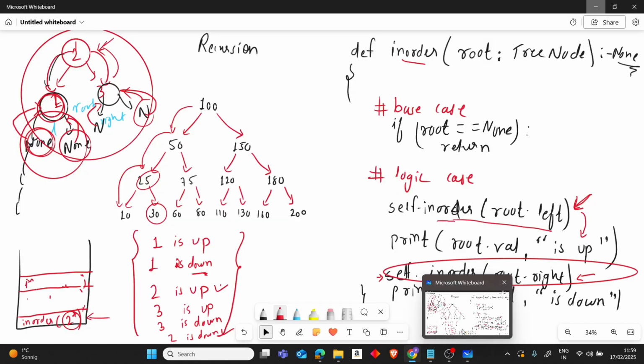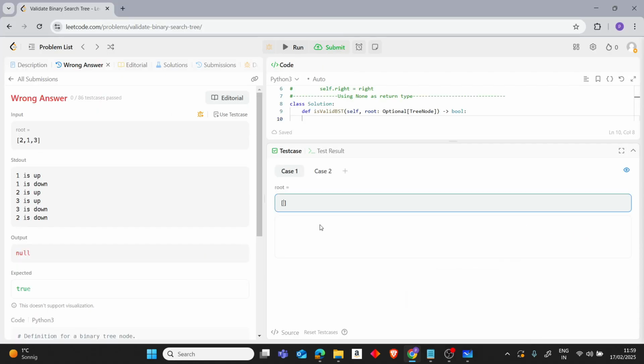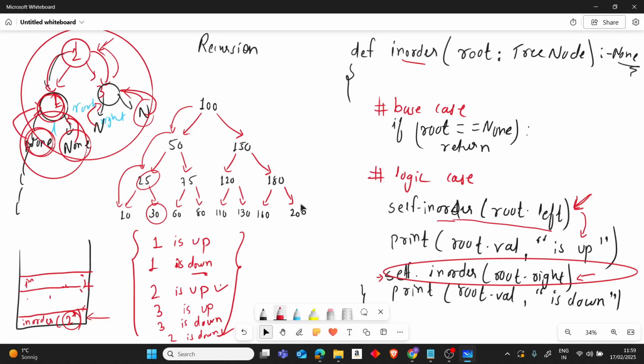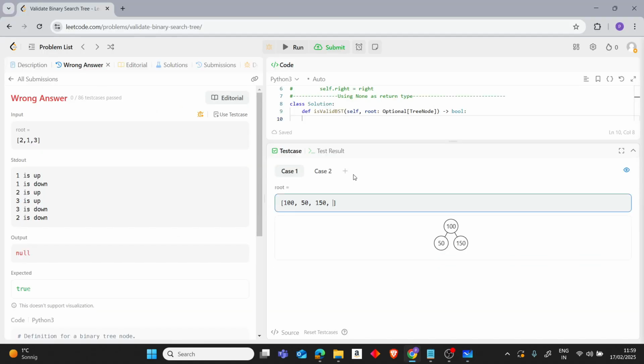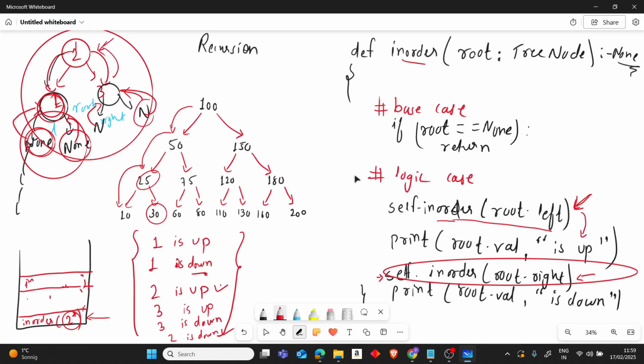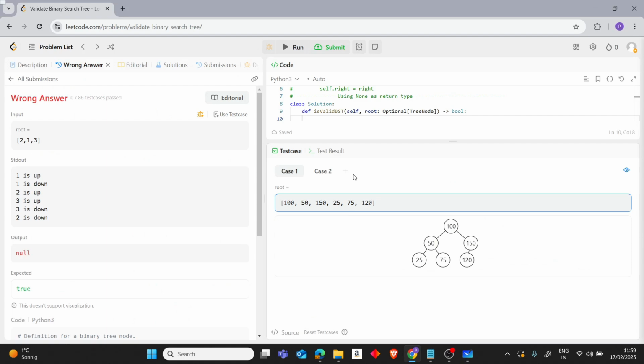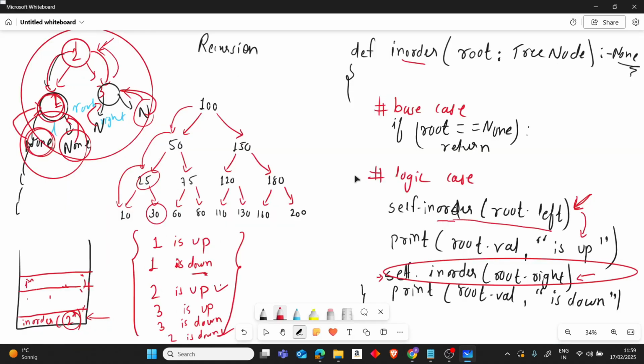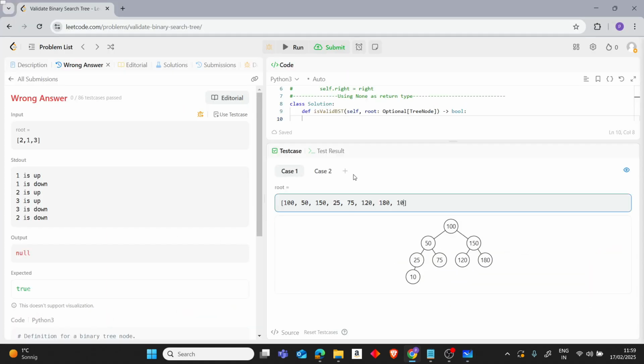And what's that? We have 100, then 50, 150. So first it will be 100, then 50, 150. You can see real time it's being done here. Then 25, 75, 120, and 180. 25, 75, 120, 180, 10, 30, 60, 80, 10, 30, 60, 80,